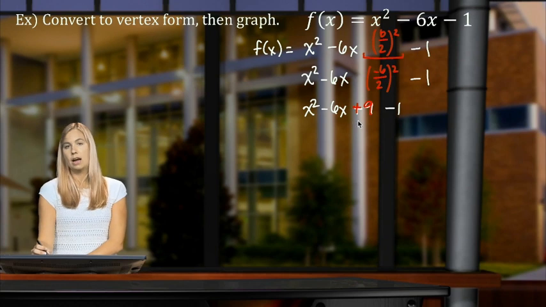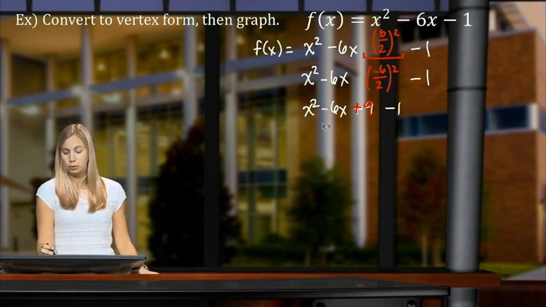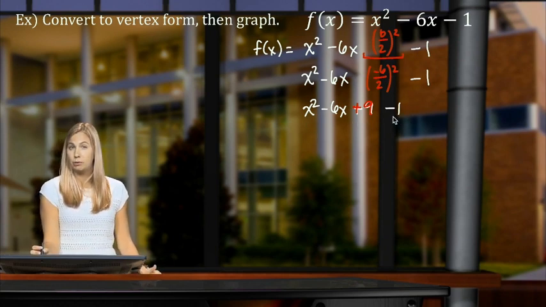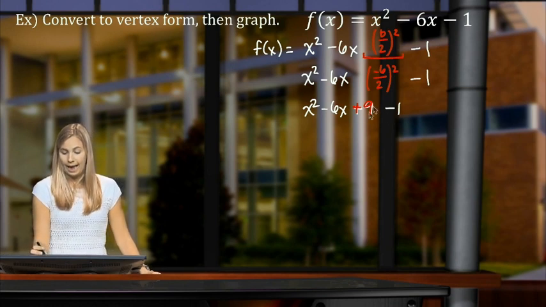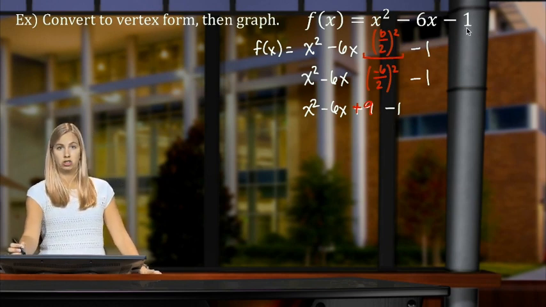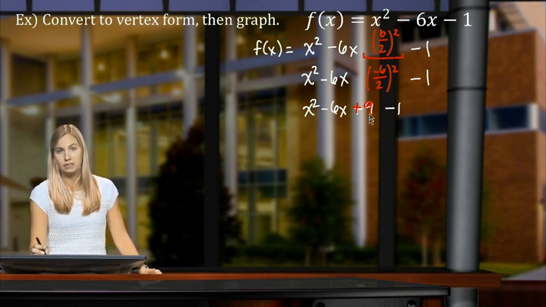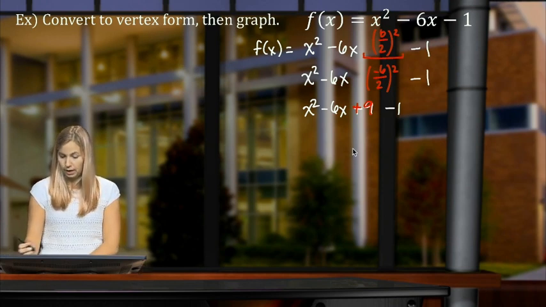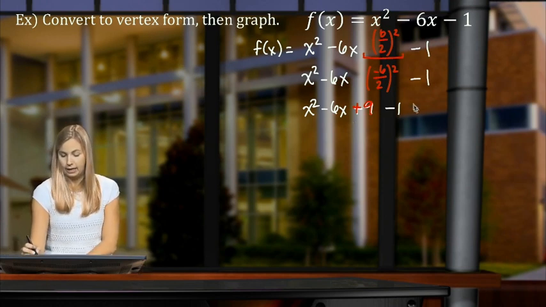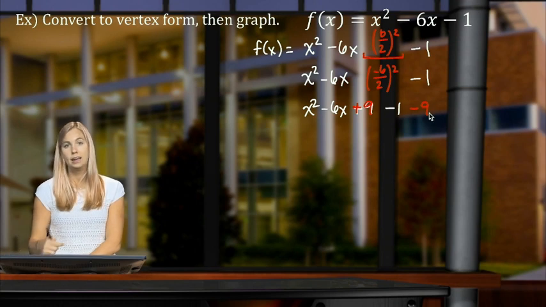Minus 1. Now, if you look at this polynomial, if we were to combine like terms, we can see that we've changed it, haven't we? By adding this 9, it's no longer the same function that we had before. But what else could we do to this function so that it stays the same, but we also have to have that plus 9? If I add 9 to this side, I can also subtract 9,